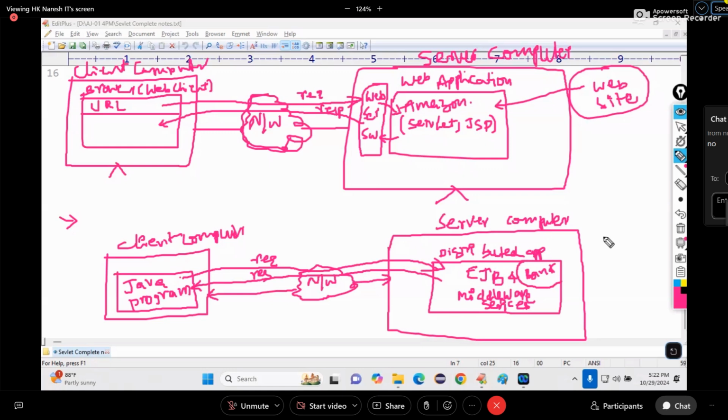Remotely means on a different computer via network. Not remote like a TV remote. Write down: an application that is distributed and accessible from any language client program remotely is called an interoperable application.